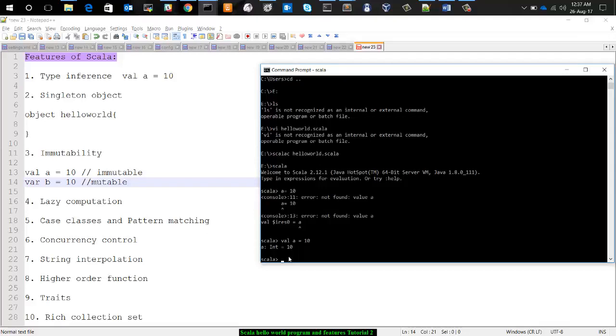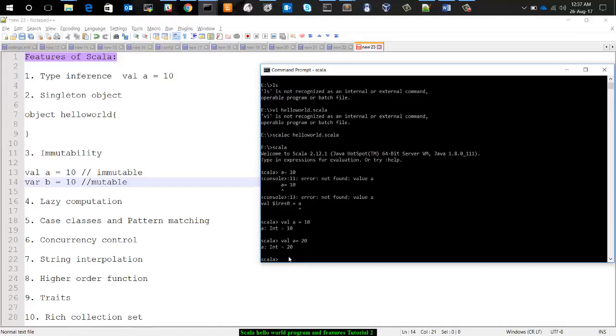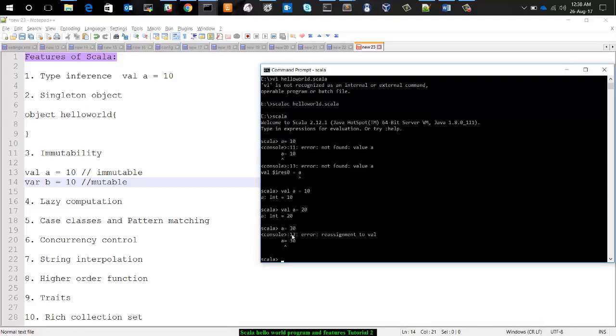See, for example, I am trying to reassign a is equal to 20. Yeah, a is equal to 30. You can clearly see that reassignment to val is not allowed.